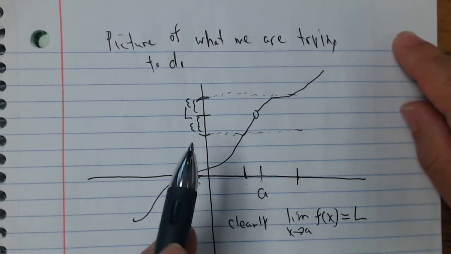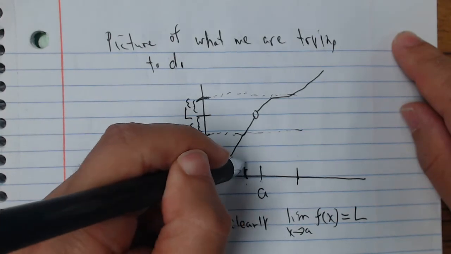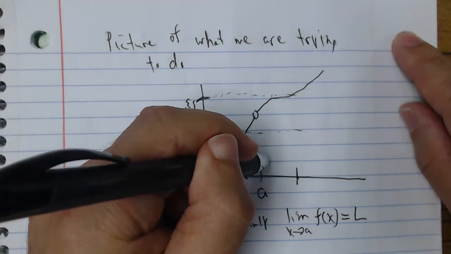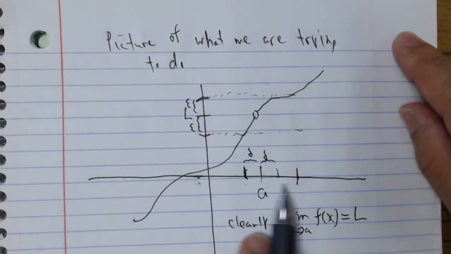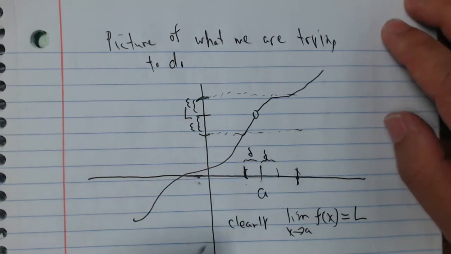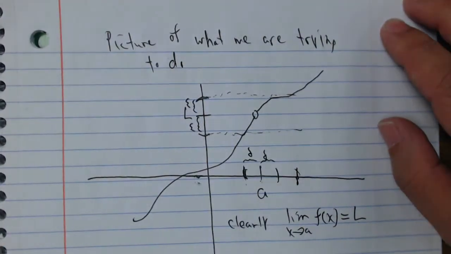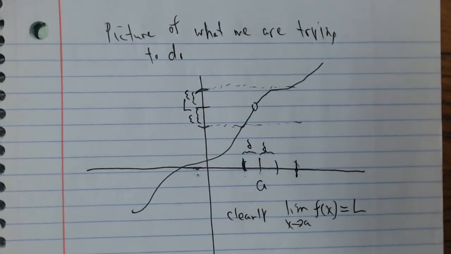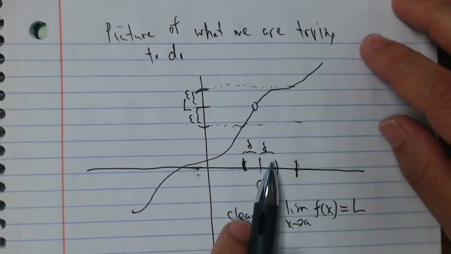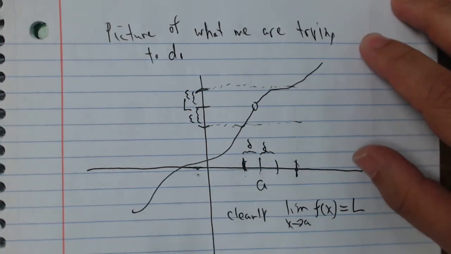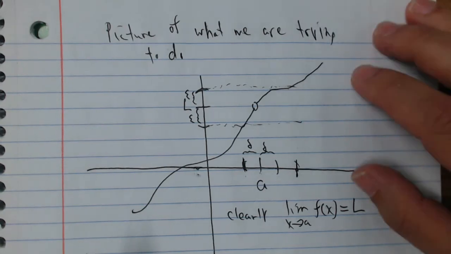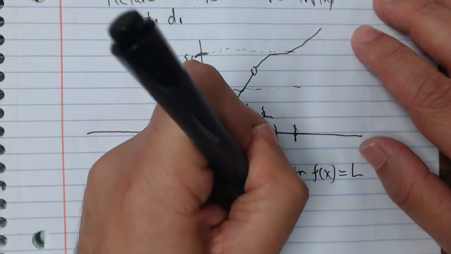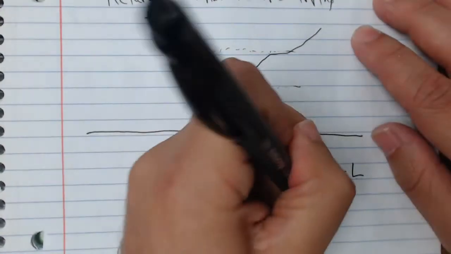So from these two, I'm going to call this distance delta. And if I'm calling that distance delta, then I'm going to go the same distance to the right as well. So we're rejecting the larger distance. So here's what's happening. This is delta. Now if I go back to our definition, what are we saying? If I pick any x, what's our condition here? We say pick any x such that